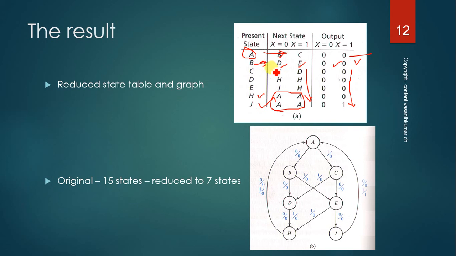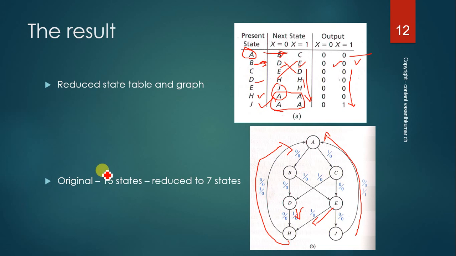So A giving B and C, again B is giving E. Okay, B is giving E and D, C is giving D. Okay, so it's a cross function, right? Similarly, D is giving H. Okay, and E is also giving H, same thing, right? E is giving J. Okay, E is giving J. H is giving the final state. It's a return state. Okay, you name the inputs and respective outputs.